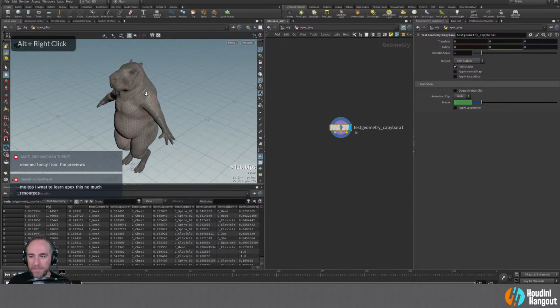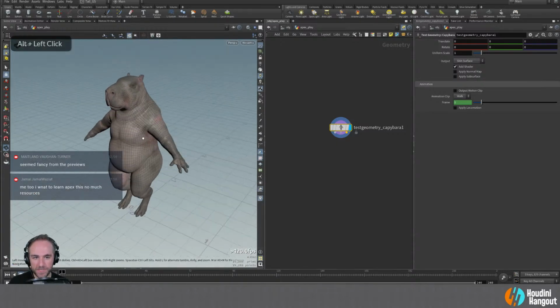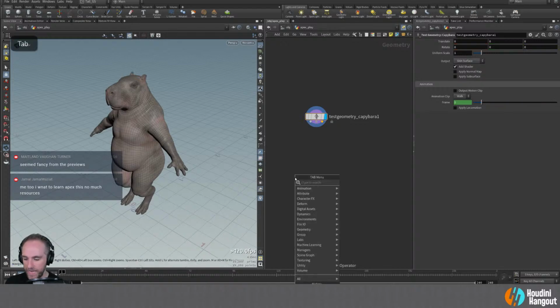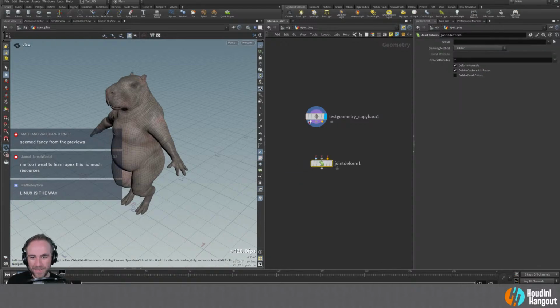So the Apex stuff is a continuation really of what we were working on, what was released before, right? Let's just talk about what goes into an Apex character, right? So this is our test Cappy, right? If we do a joint deform,